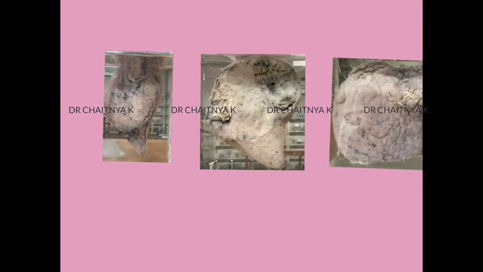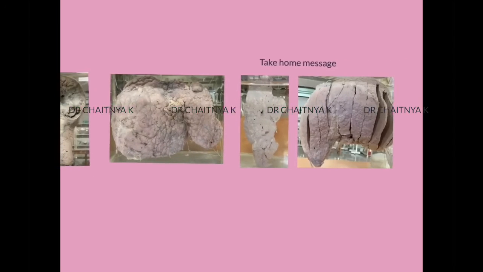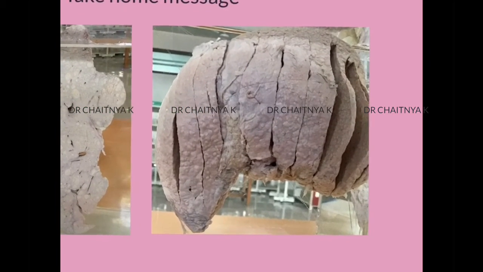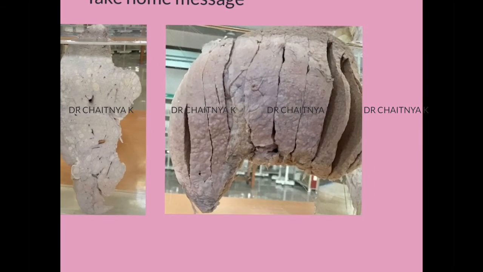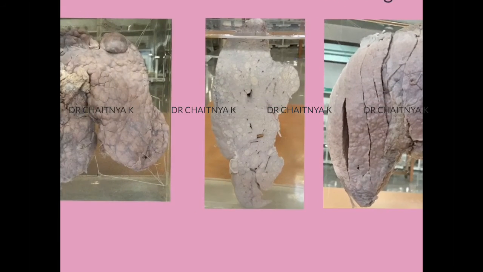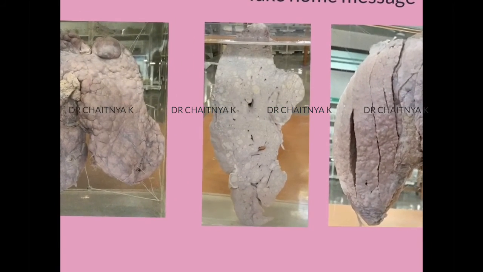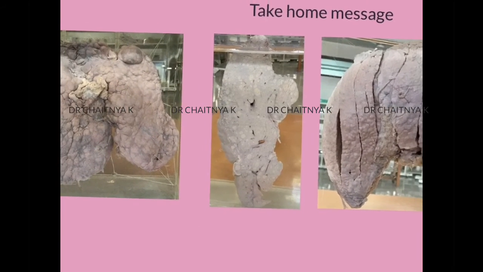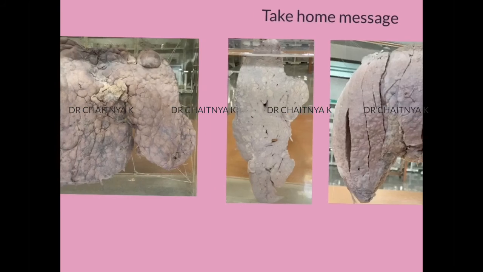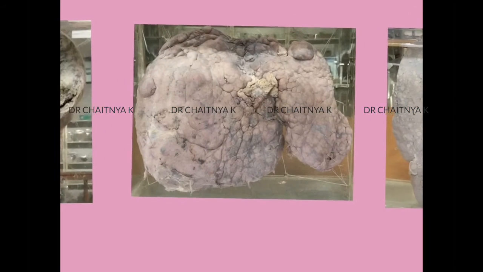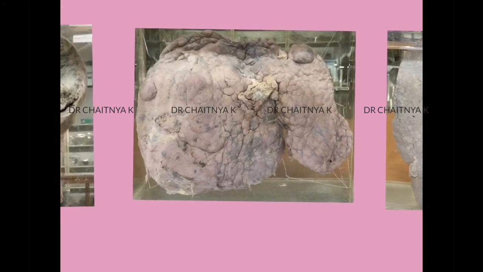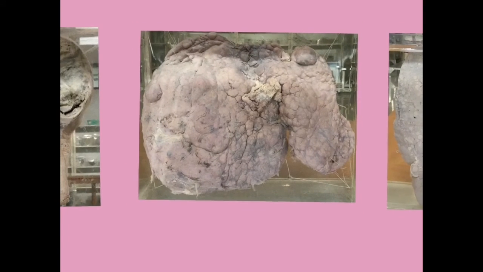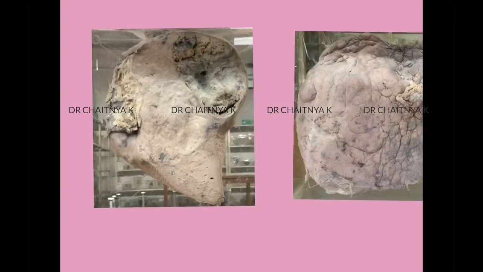Coming to the end of the topic, practical number 12, we'll quickly revise all the specimens. This one is the specimen of micronodular cirrhosis containing nodules less than 3 mm in size, separated by fibrous septa. This is the biliary cirrhosis specimen showing the liver with nodules of variable size, but the nodules are yellowish white in color and less than 3 mm in size, so it is biliary cirrhosis. This specimen is weighing more than 2.7 kg and showing multiple nodules of variable size, more than 3 mm. Some nodules are even more than 3 cm in size. This is macronodular cirrhosis.